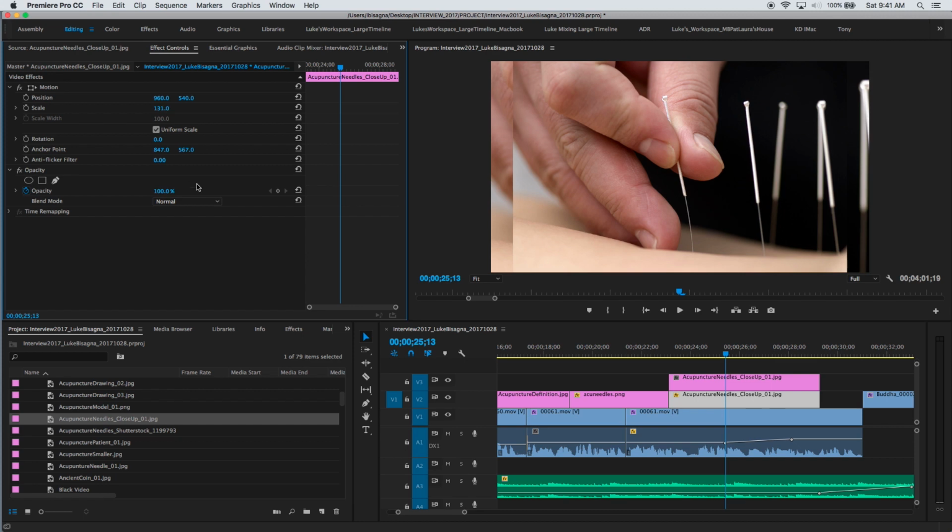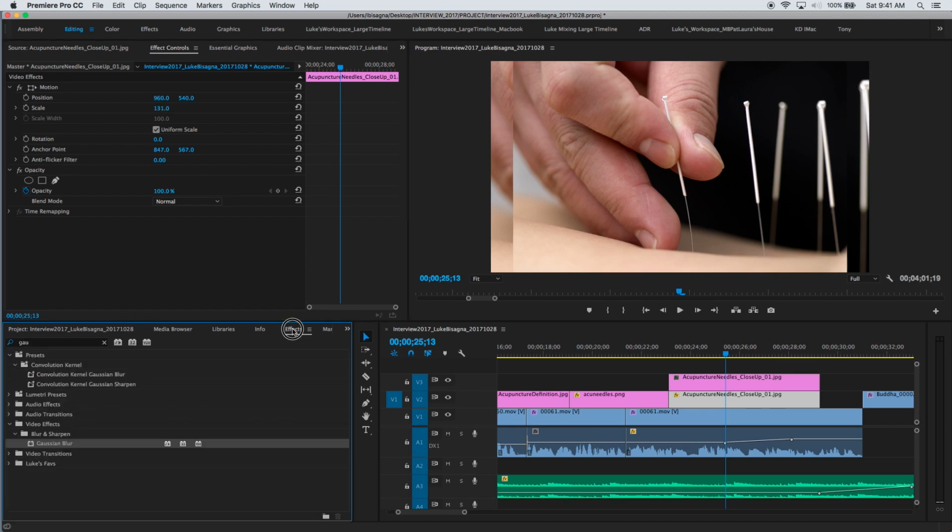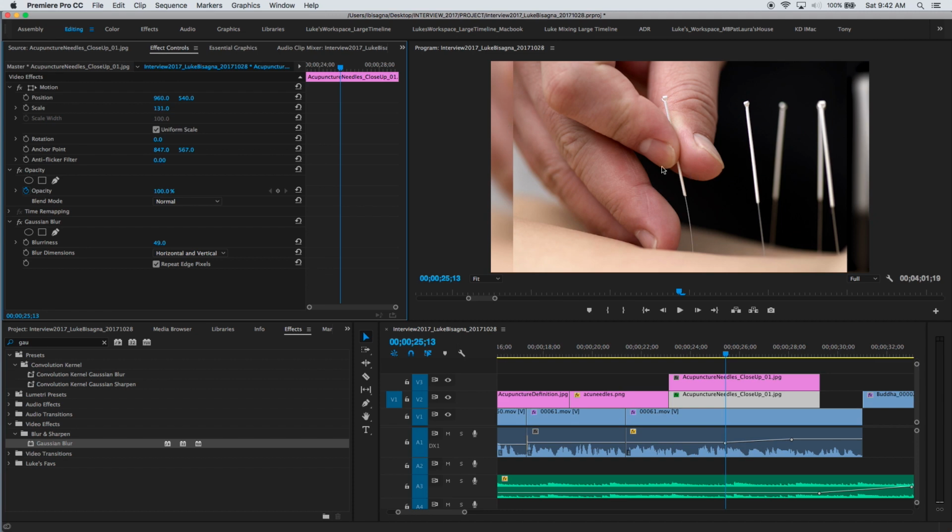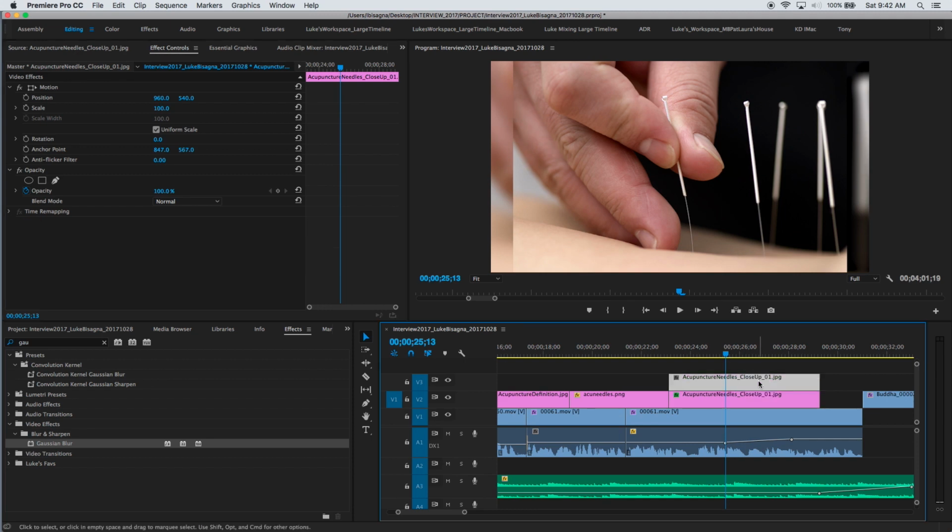The next thing I'm going to do is go to the effects panel and again grab our good friend Gaussian blur, drag that on to the bottom layer, click repeat edge pixels, and increase the blurriness to something like, I don't know, around 50. Now you can see I've got a blurry background that is actually thematically consistent with my foreground element. We have the same colors, same shapes, but blurred. So now I'm going to take the foreground element